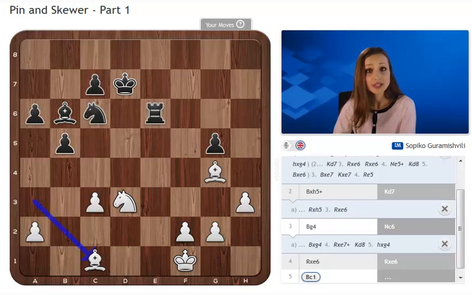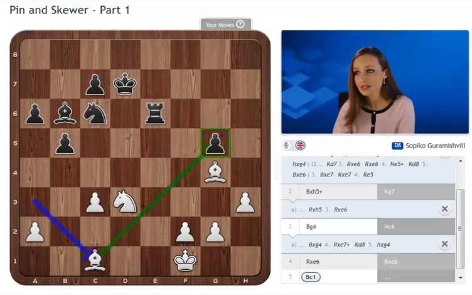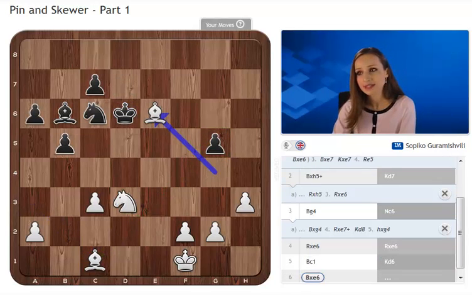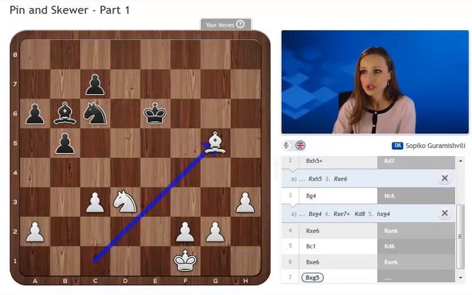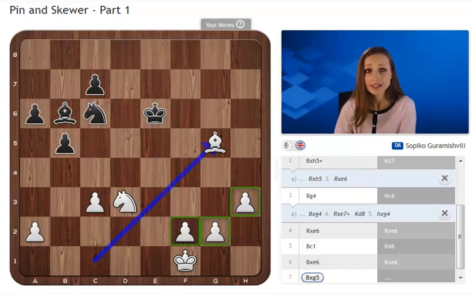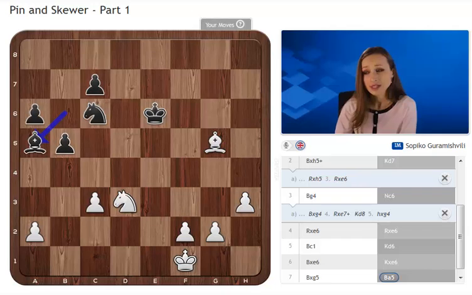So with bishop c1, white is attacking the pawn on g5, and we see that the rook still cannot move because it is pinned. So after king d6, bishop e6, king e6, bishop g5, white is a pawn up, and we see how strong the pawns are on the king side because they don't have any opponents on that side. Bishop a5 was played in the game,